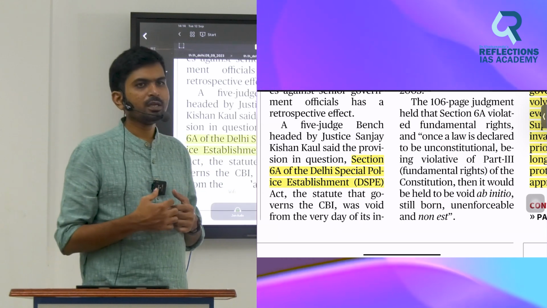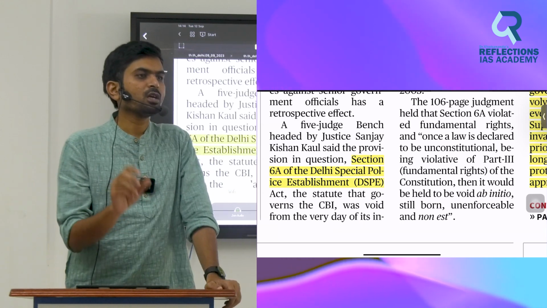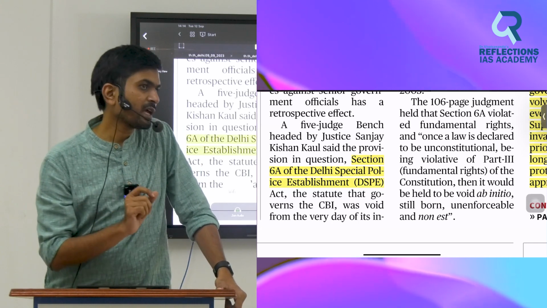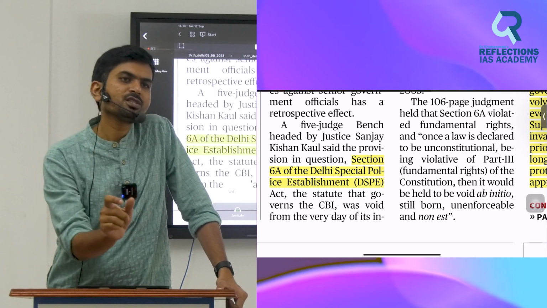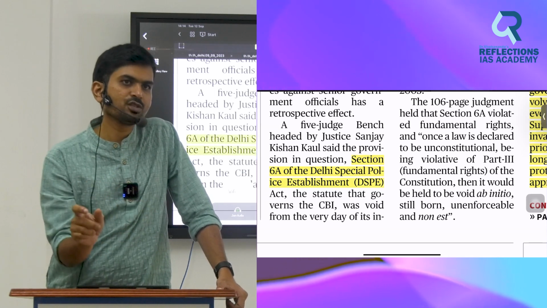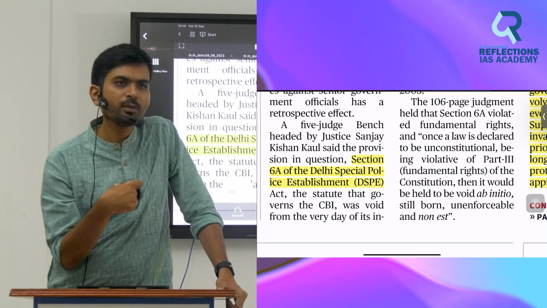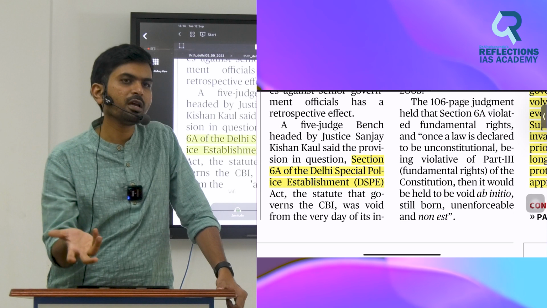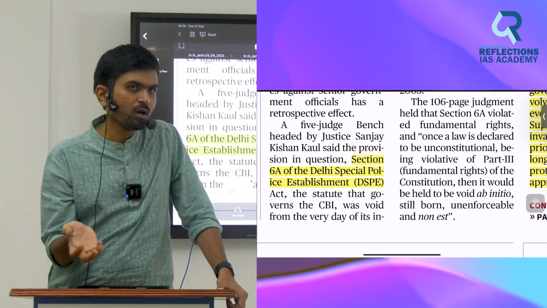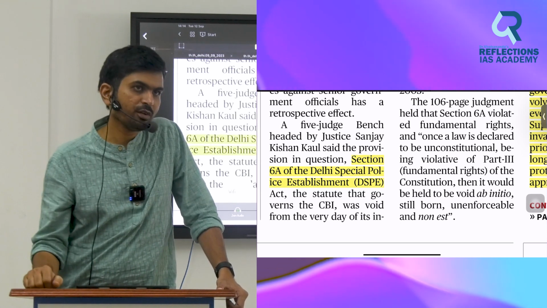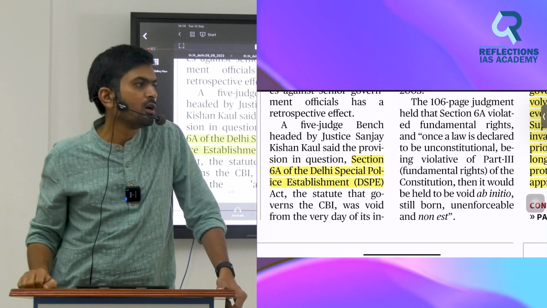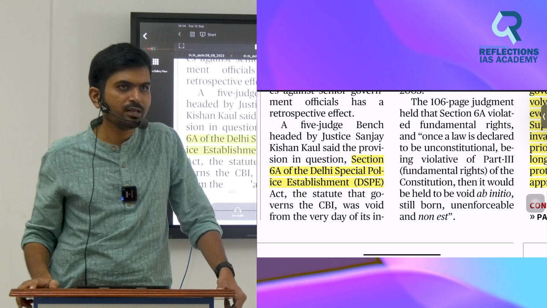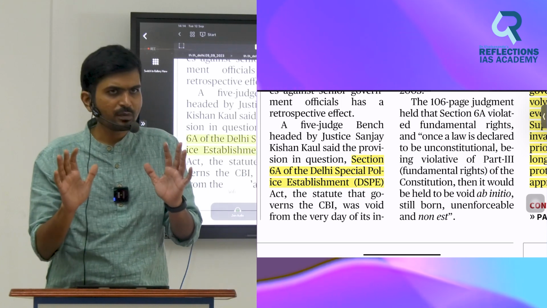Normally, every state will give something called prior consent. The term is prior consent. So before I do some investigation in Andhra Pradesh or Telangana or West Bengal, I need to take the permission of that respective state government. If it says yes, then only the CBI can get involved. Or else, if the Supreme Court intervenes and says do a CBI inquiry, then the state government's permission is not needed. You understood the basics, right?